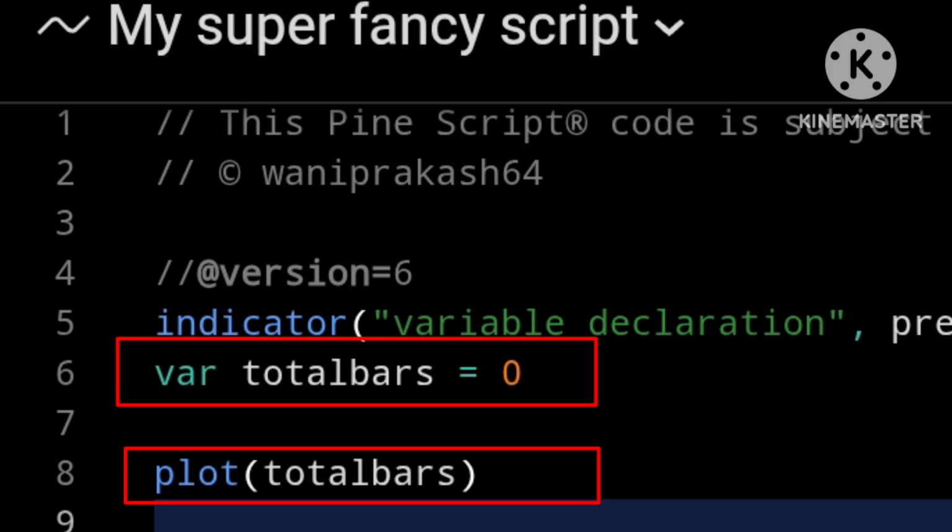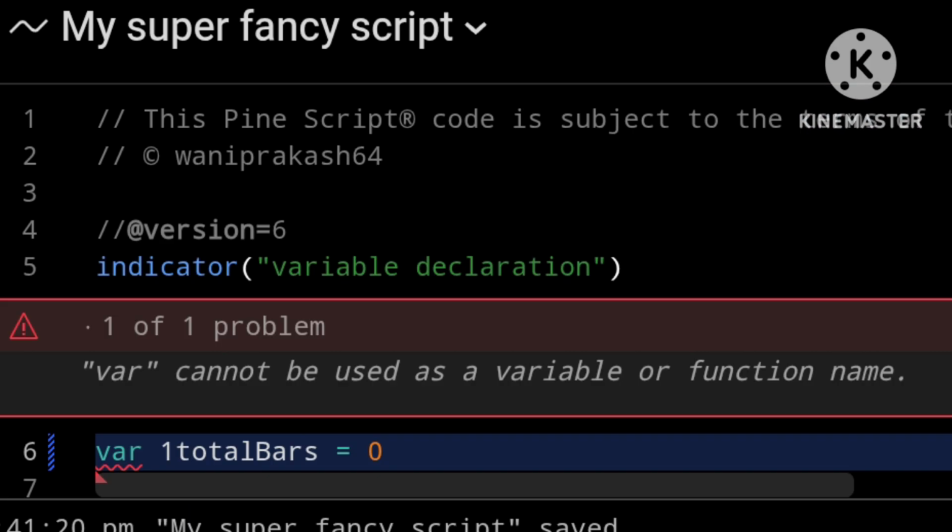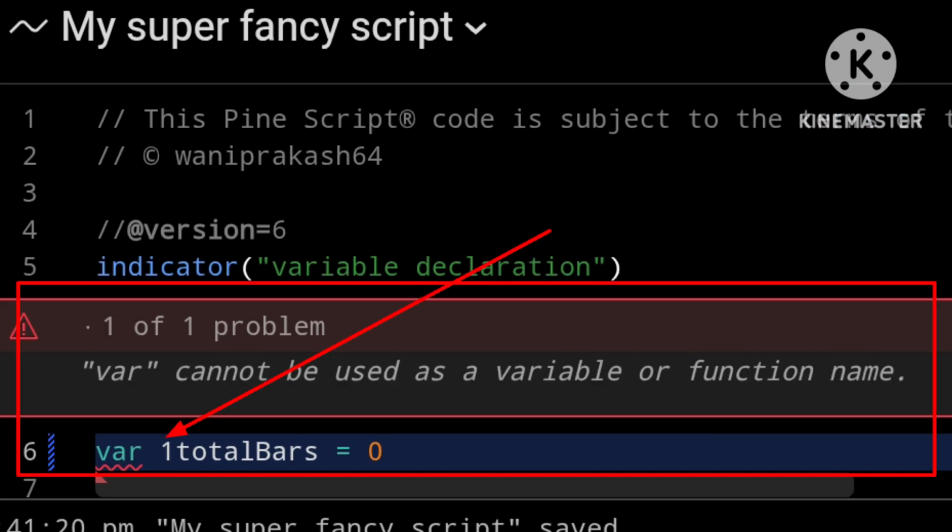Now, before we continue, we should probably quickly go over the naming conventions for variables. The most important thing you need to know is that variables cannot start with a number. So if we change this to 1 total bars and save the script, we get an error down here because you cannot start a variable name with a number.